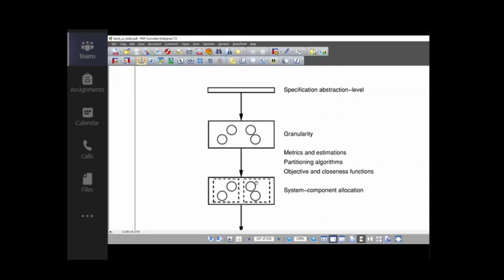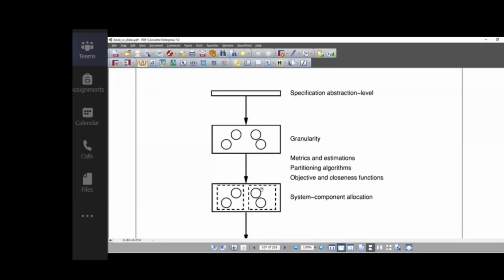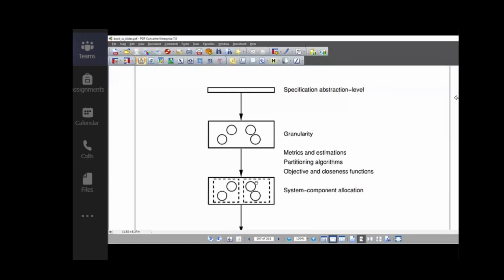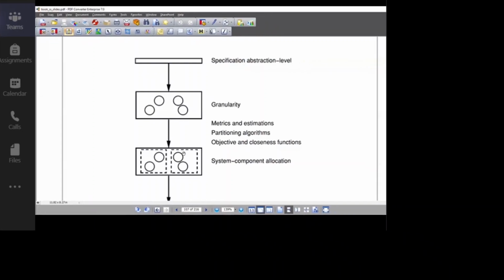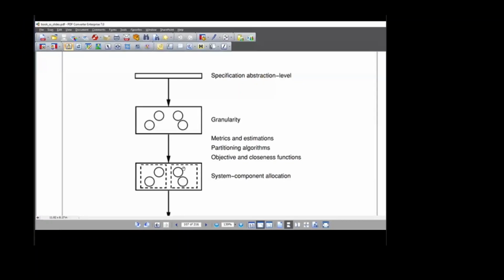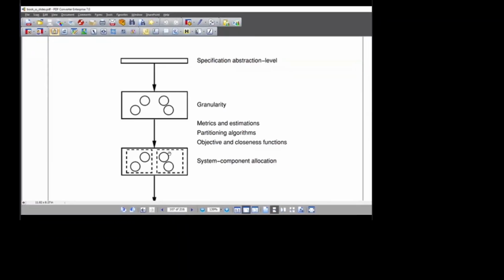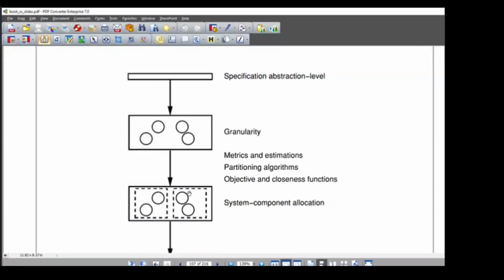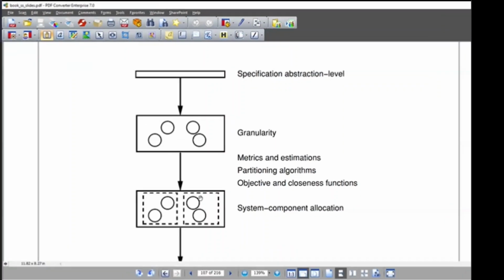Now normally, as you can see, at the basic abstraction level of the description of the system, first we do require to define and look into how many modules are required to be incorporated, and whether they will be sustained while keeping them together, or whether we require a partition. How many partitions are required is referred to as the granularity of the system, and there are various metrics or constraints that are required to be taken into account while deciding this granularity.